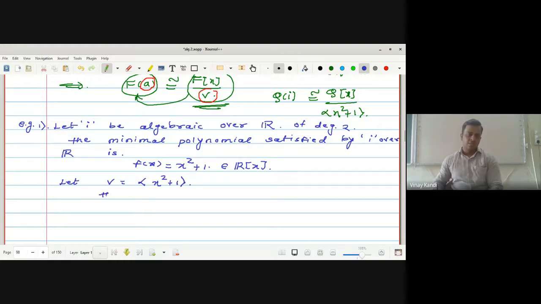Then by the above theorem, what do we have? R(i), the extension of R, is equal to the set of